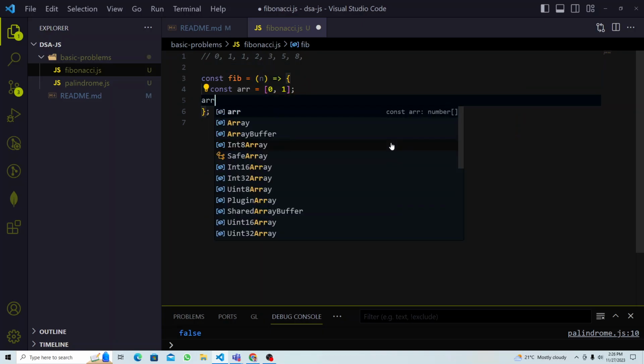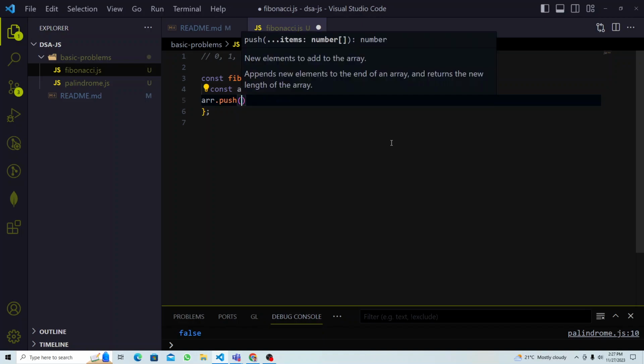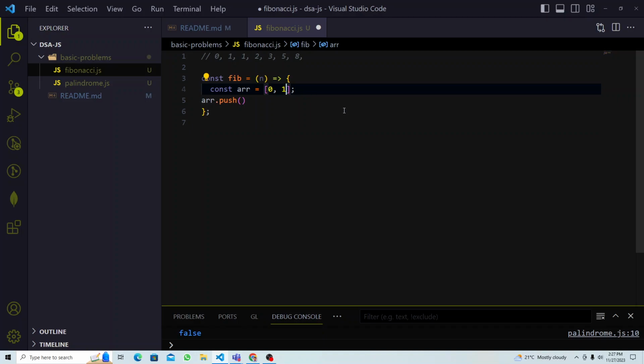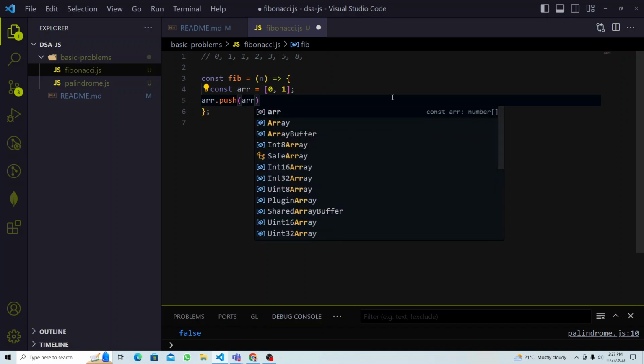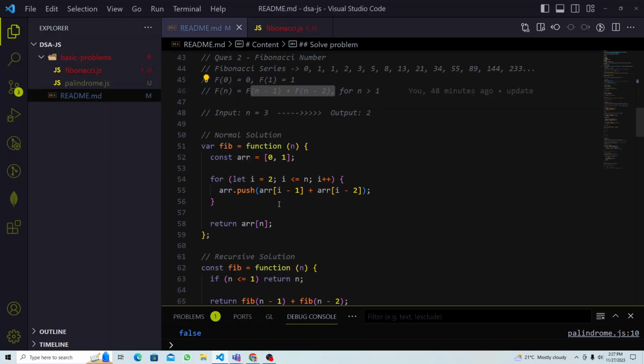So array dot push, right? What we're gonna push here now, because I want to store something inside here. 0 plus 1, I want to store 1 here, right? That is the point. So how am I gonna get the last 2 numbers? How am I gonna get them? So array square bracket, because I want to read this array value, so if you look at the formula here,